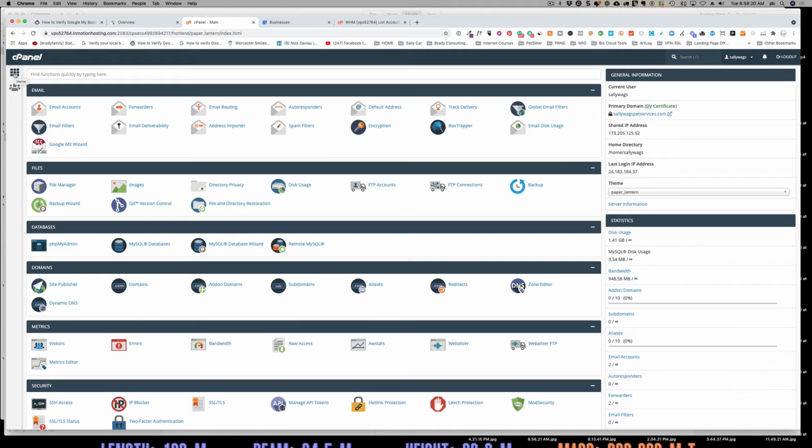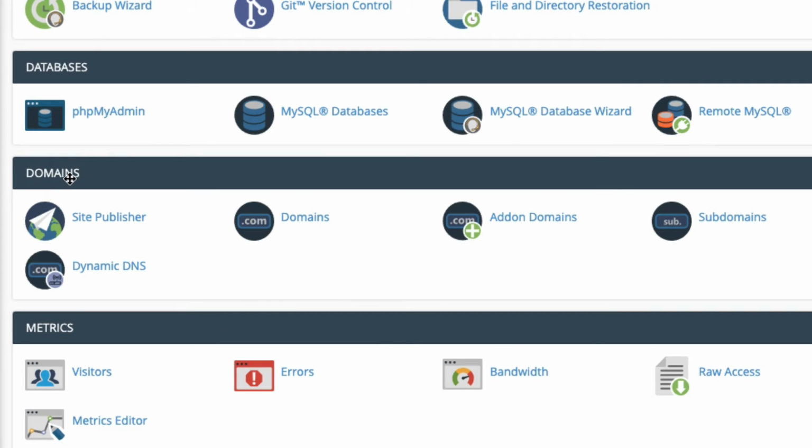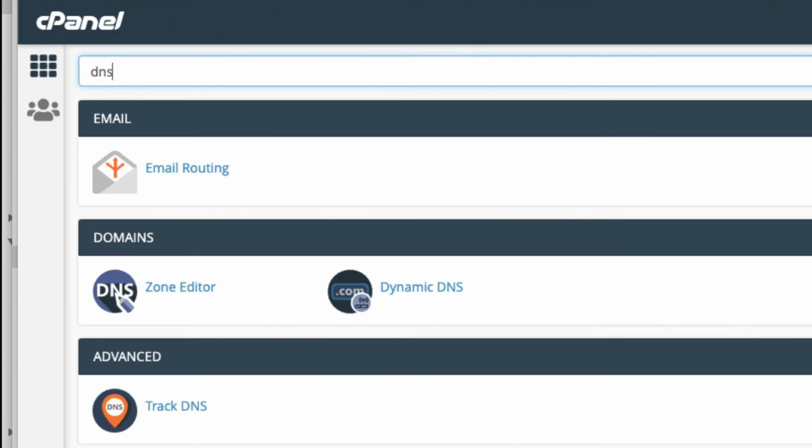So when you come in, you'll see something similar to this for your website. What you'd have to do is find something under domains that relates to adding a text record for DNS. If you're confused or you're not sure, you can always type in DNS here and it narrows it down a little bit for you. Obviously we don't want email routing or any of these others, so it's got to be zone editor, right? So we're going to go into zone editor,